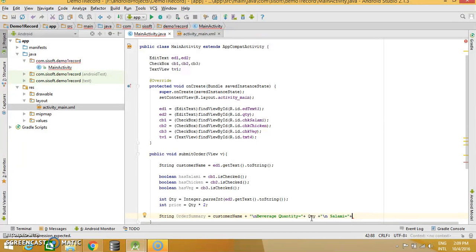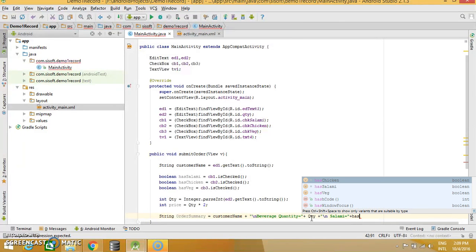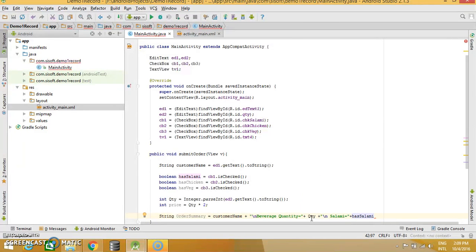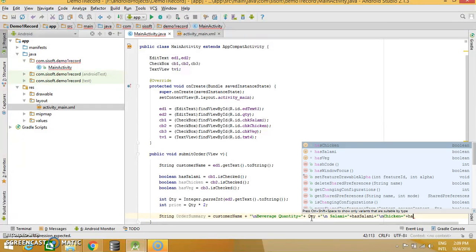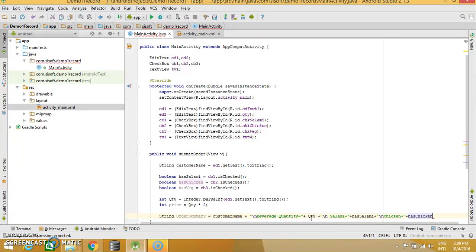So I will be basically calling all the Boolean values here because they have the information regarding the ingredients, if they are there or not. So that was salami, then this is chicken, as chicken, then you have vegetables,